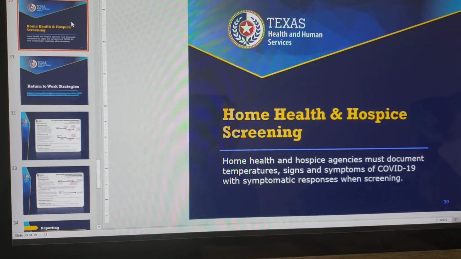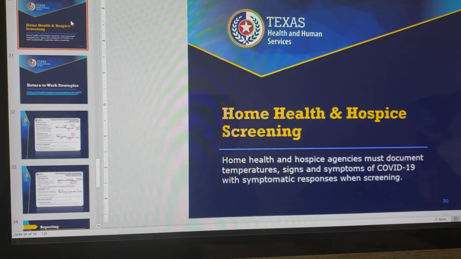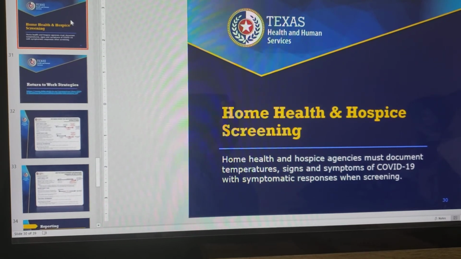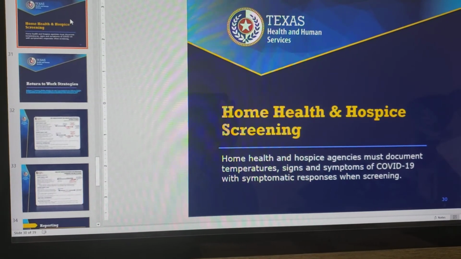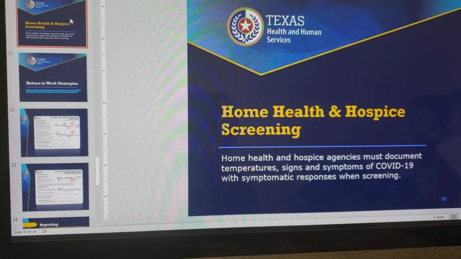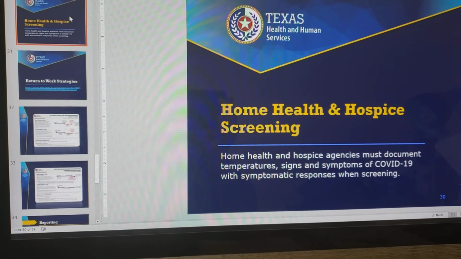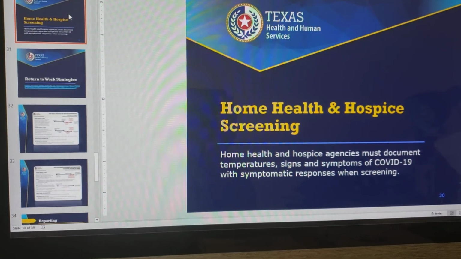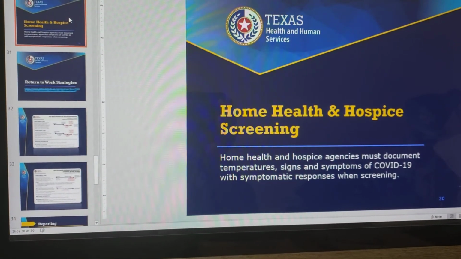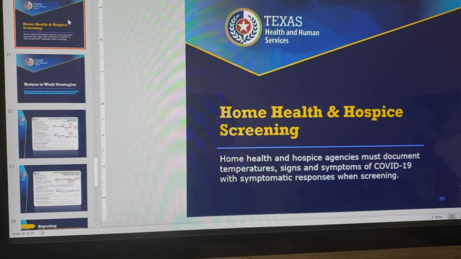For inpatient hospice facilities, we are expecting that you are doing your screenings as well. At a minimum, that's going to be on a daily basis. That is consistent with other facility types. However, you may choose to also